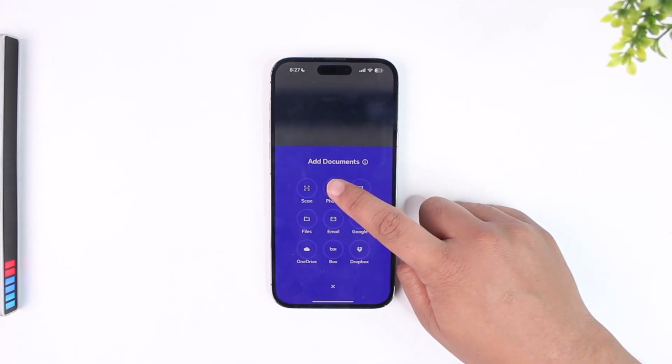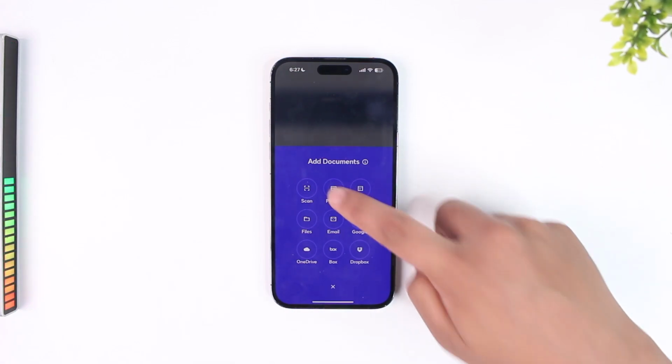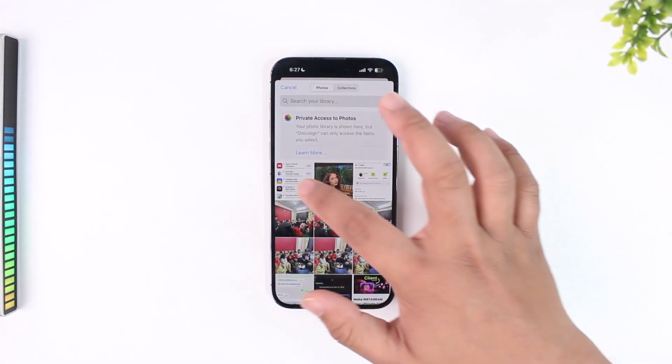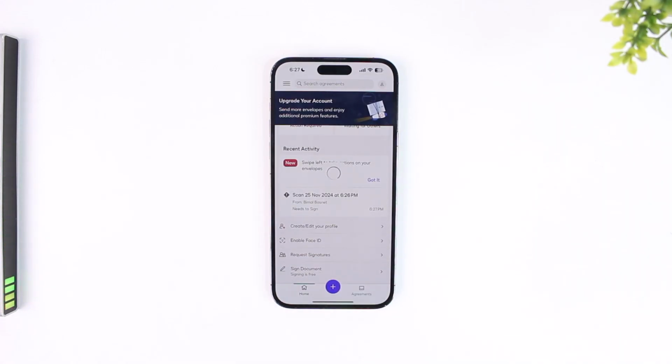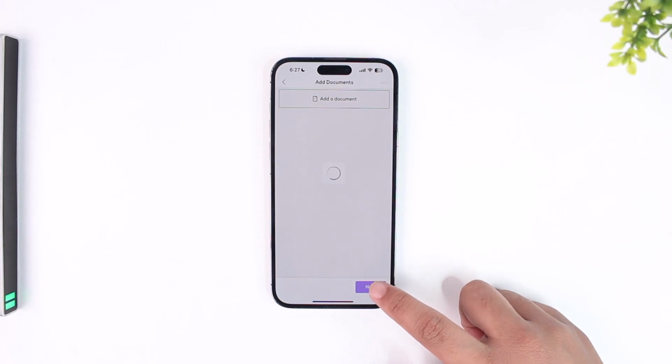Then all you have to do from here is select scan, photos, templates, files, emails, or whatever else it is. So you can tap on the photos option here instead and simply select the document that you'd like to DocuSign. And after that, just tap on the next option, and as you tap on the next option